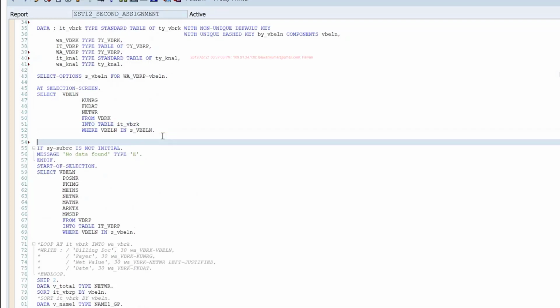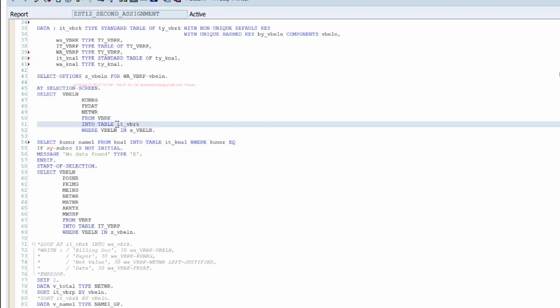If I write a select like this, select KUNNR, NAME1 from KNA1 into table IT_KNA1 where KUNNR equals, what I want to compare is the KUNRG of this IT_VBRK.